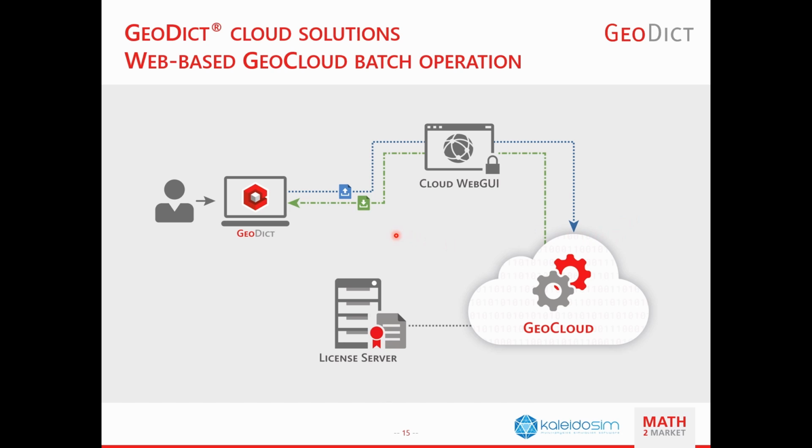Instead, what you do is you prepare your data, prepare a GeoPython script, zip it up and upload it to a web interface. And using this web interface, you can determine that your job should be executed on a certain type of machine. This web interface will then take care of that execution, and the result data from that execution will then be made available for you to download once the job is completed.